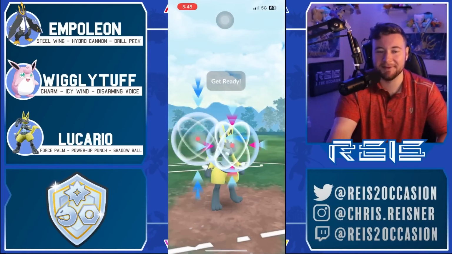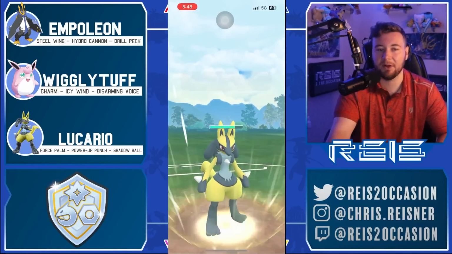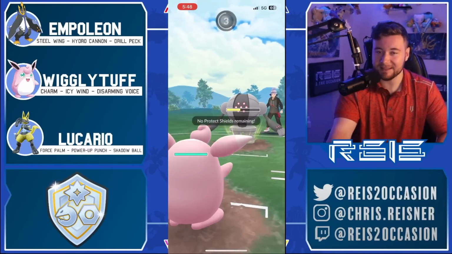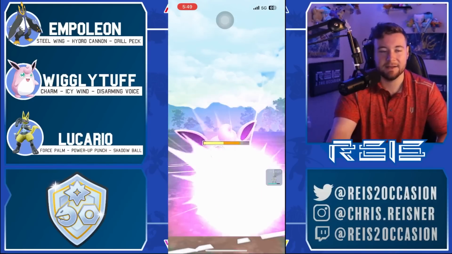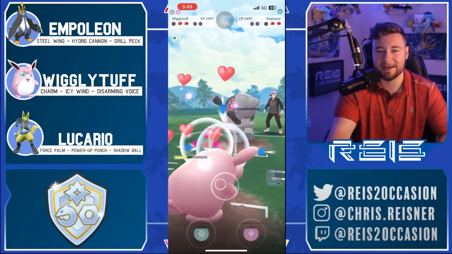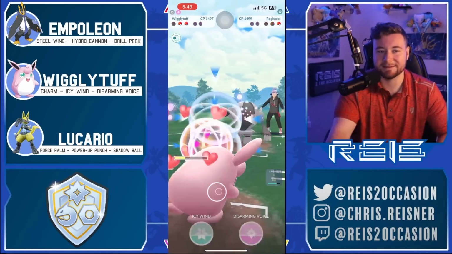In comes Registeel. Going for the Power Up Punch, I personally would have preferred to see the Shadow Ball here to do a little bit more damage. Gonna swap into Wiggles, and you're basically just sacrificing the Wiggles at this point. You're assuming they don't have Flash Cannon, so Registeel's gonna need to throw 2 charge attacks here. There's no way you can farm down the Wigglytuff with Lock On, and at this point, I don't think there's any way that Registeel is...